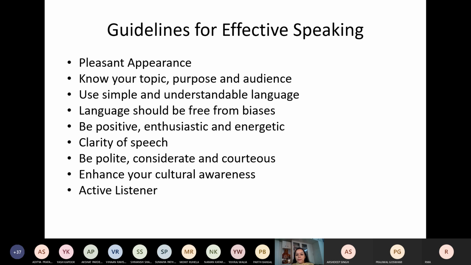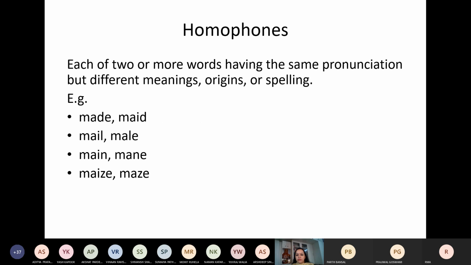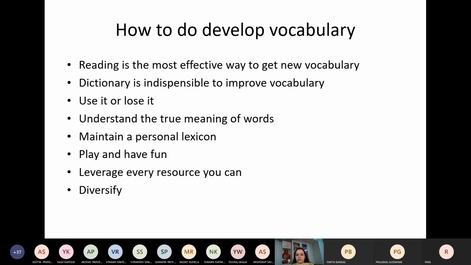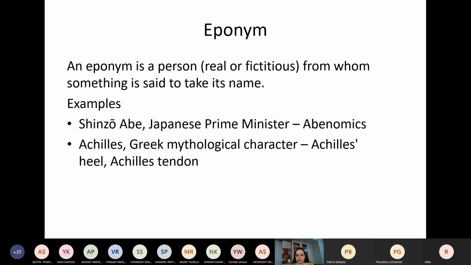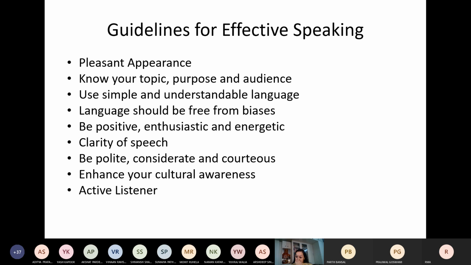Yes, Parth? The same point, like language can be a big barrier in this conversation, so we should use non-verbal communication and images and such to picture what we are trying to say, so that people from different regions and different countries can understand without having a language barrier. Language barrier, right? Very good.